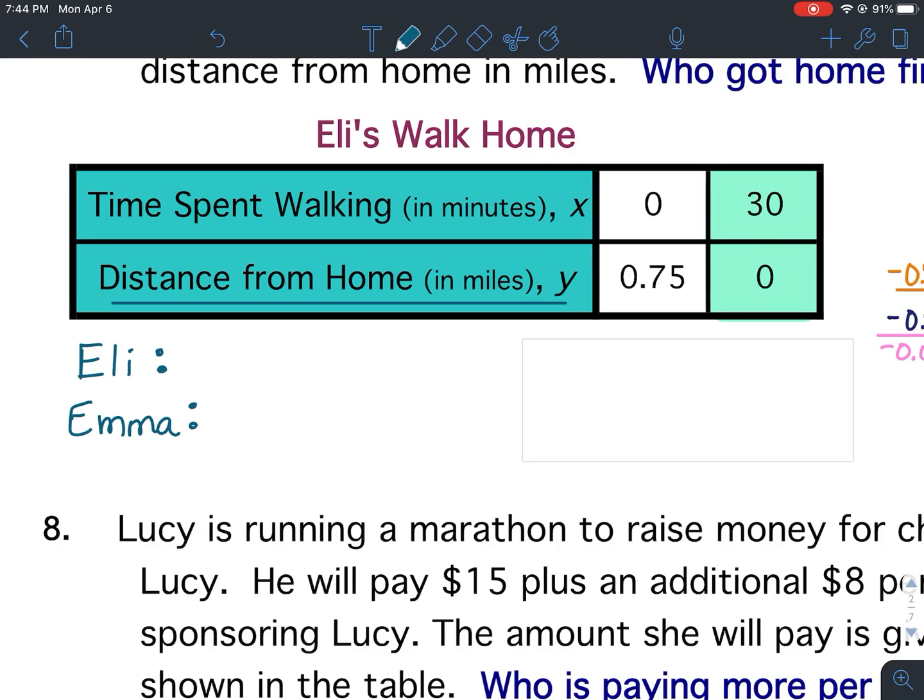Well, if you go here at the end, that's where y is 0. What is your x value? 30. So it took Eli 30 minutes to get home. For Emma,